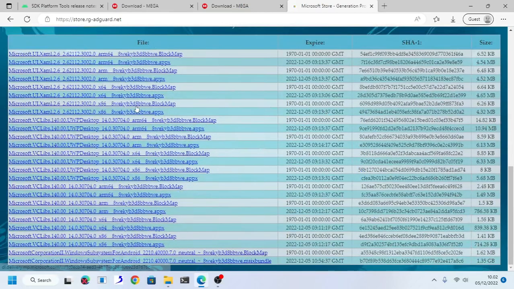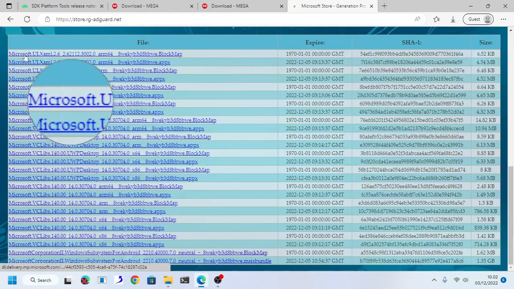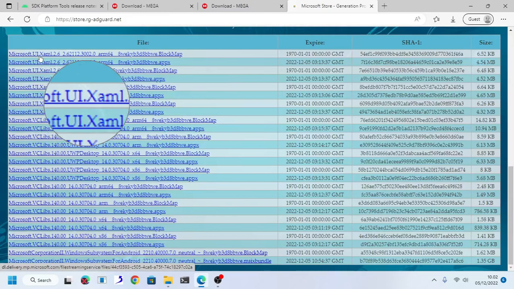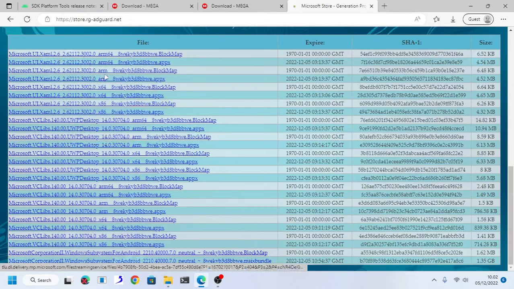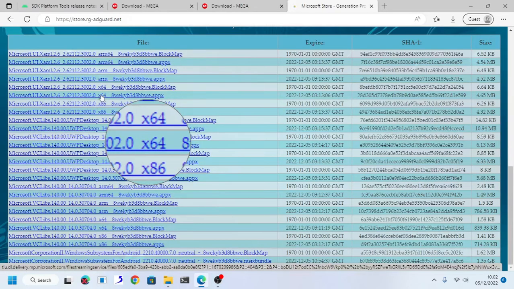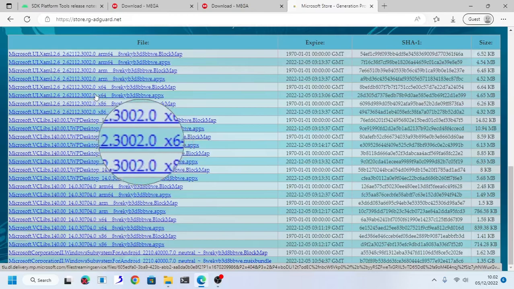Now this is what I'm talking about: Microsoft UI XAML. You should go ahead and download the one that is right for your PC architecture. Mine is x64, so I will download this UI XAML